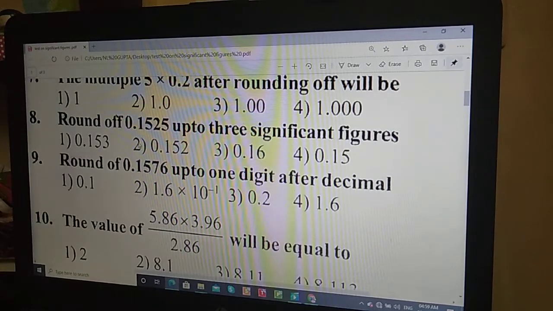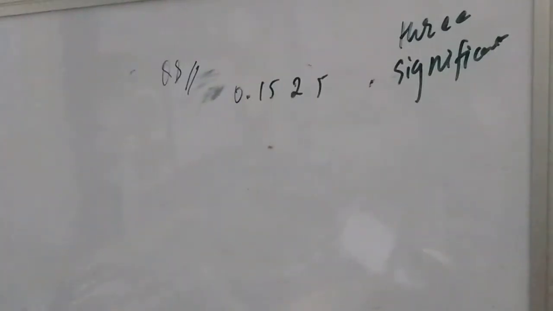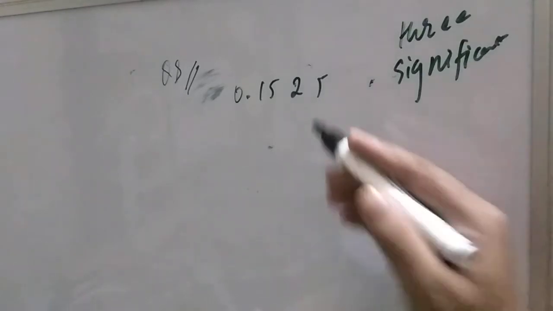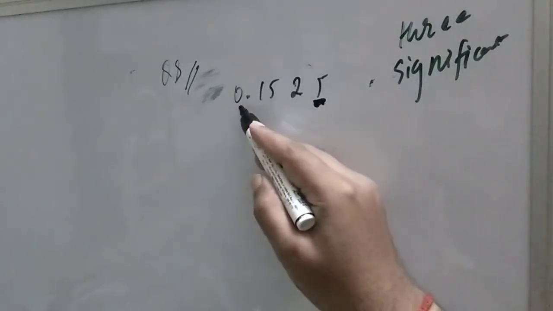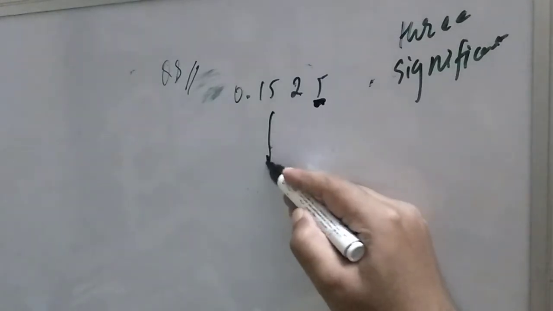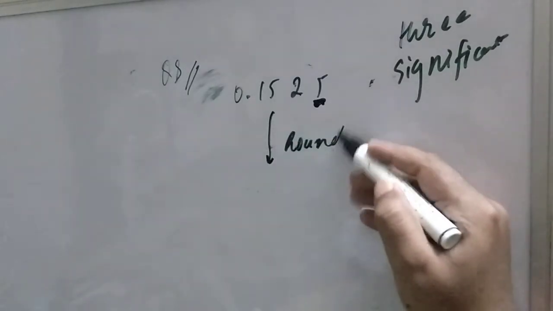Let us try to see on the board, student. For the 8th question, this is quite an easy question, I hope. Why is it easy? They are simple. The preceding 0 will not be significant. So if you look at the number, 4 significant figures are there, but they are asking for 3, so 1, 2, 3. This 0 is not significant.